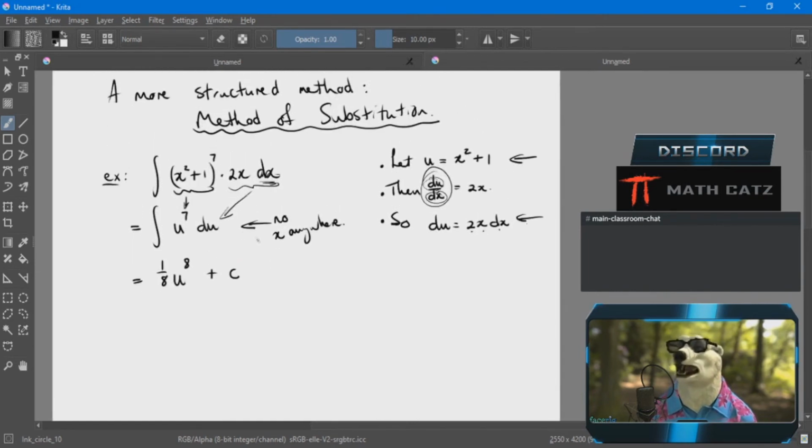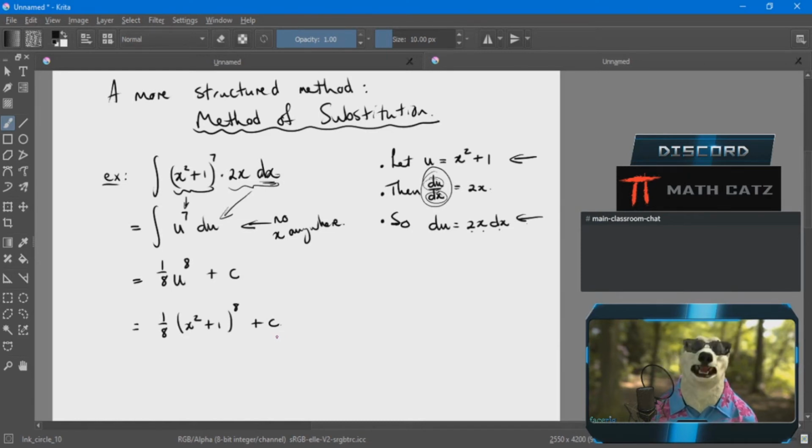My original question used the variable x, and it asked for this first line antiderivative. So I should go back and answer in that same variable. But that's not very complicated. I just swap back what u is in terms of x. 1 over 8, u to the power of 8 becomes (x squared plus 1) to the power of 8 plus c. Now, for this level of complexity, you might think that, okay, sure, I could have just guessed and checked